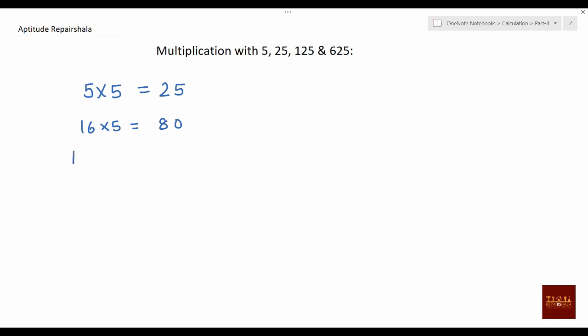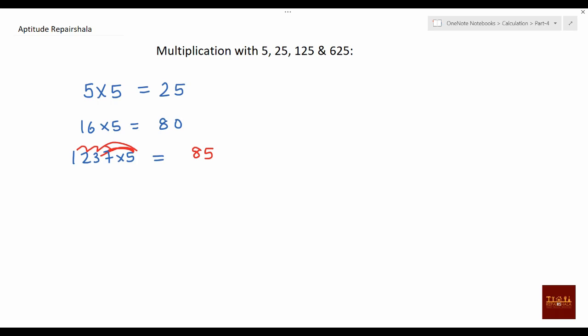But if the number becomes something like 1237 into 5, it will take some time now. What you will do actually, you will simply do 5 into 7, 35, carry 3, 5 into 3, 15, 15 plus 3, carry 1, and then 18. All those things you will be doing. How many calculations you will be doing? You will be multiplying with 7, then with 3, then with 2 and 1, all these 4 calculations, but you will be adding.